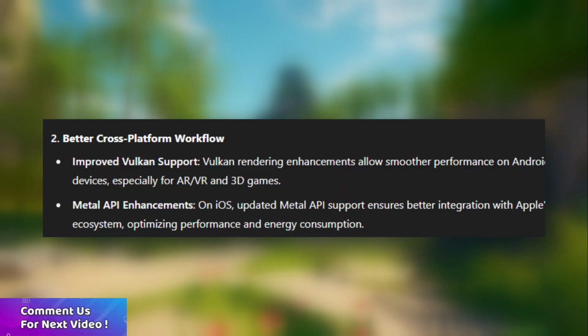The second thing they updated is a better cross-platform workflow. They improved Vulkan support. If you don't know what Vulkan is, it's a rendering system. Typically right now they more commonly use OpenGL 3.2. In the Unreal Engine 5 series it's used, but in older setups, like mobile,